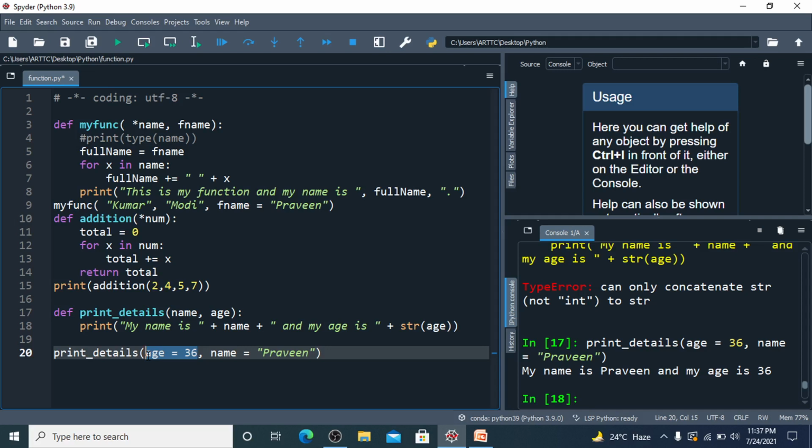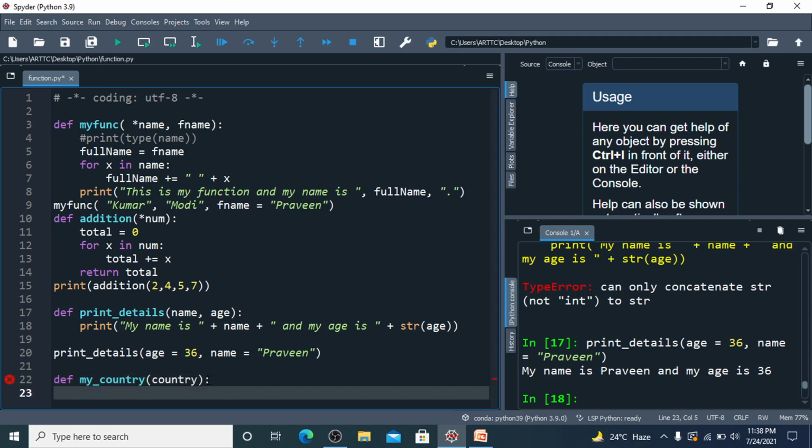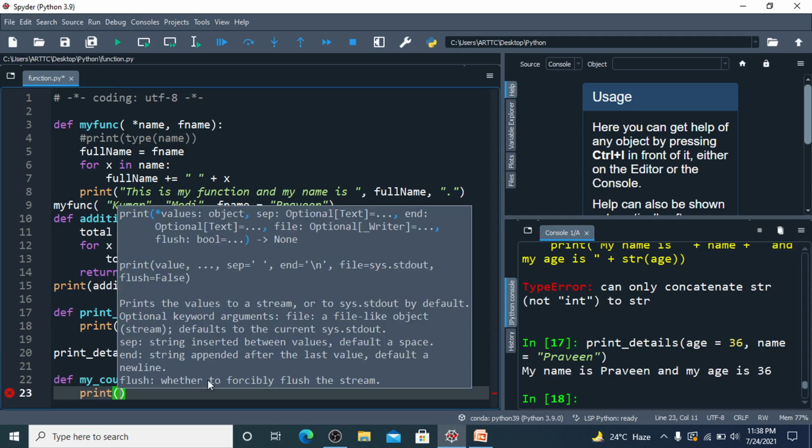So next we have default parameters. So what is default parameter? Suppose there is a function which is printing my country, and then I'm using country as an argument and just printing, print I am from plus country.